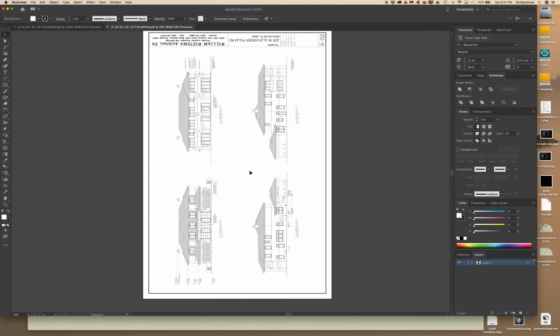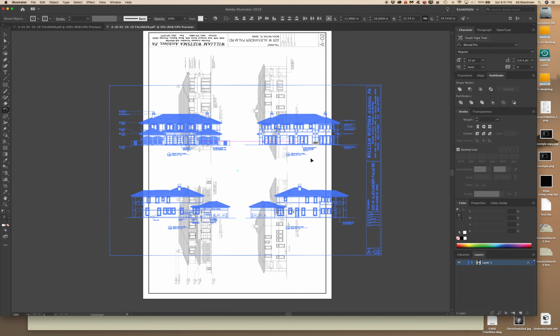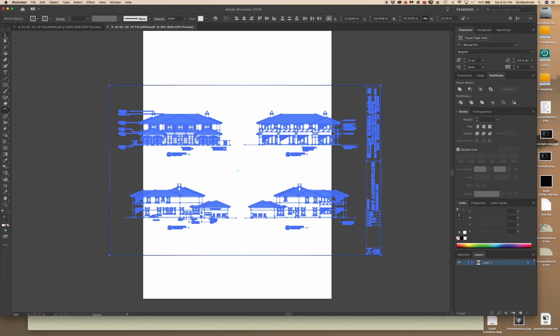This orientation's a little bit wrong. I want to rotate it 90 degrees to the right, so I'll tap the R key in Illustrator, click in the center of rotation, and then left click and hold the Shift key down to restrain it. I gotta select it all first, duh. And then rotate. Shift key down to restrain it in 45-degree increments. Okay, now